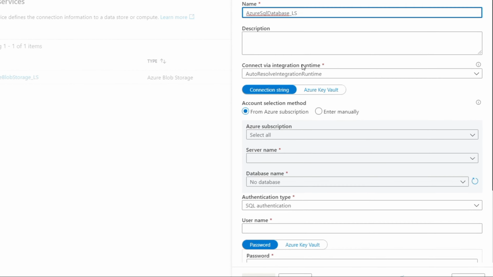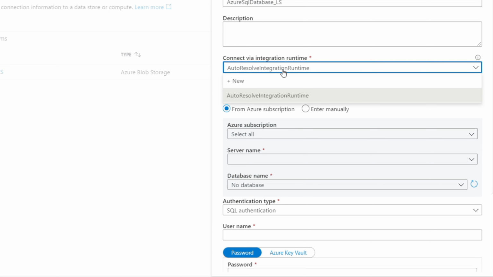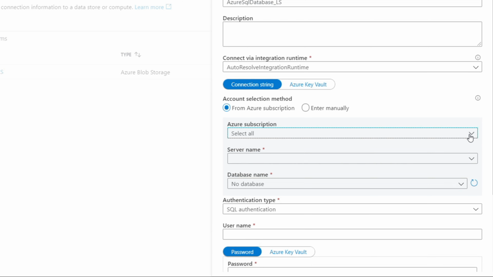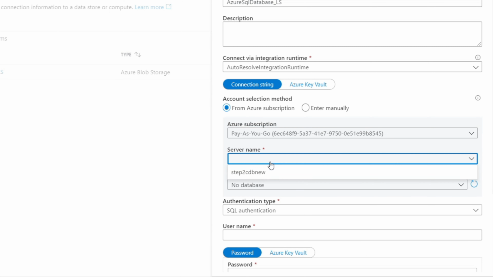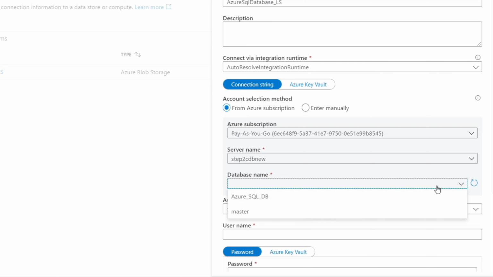And this is also an Azure environment. Our database resides in the Azure environment, so we are going to use the auto resolve integration runtime. Now we could specify the subscription, and we could specify the server name and database name.